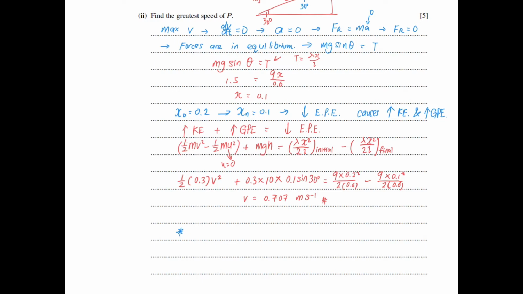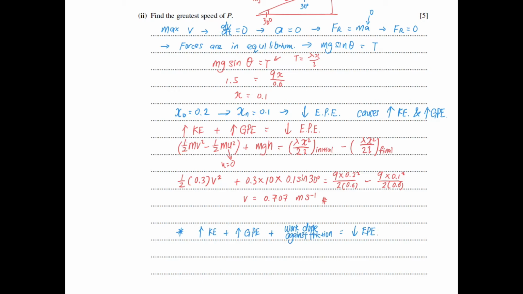So in that case, our work energy equation will be like this: the increase in kinetic energy plus the increase in GPE plus the work done against friction